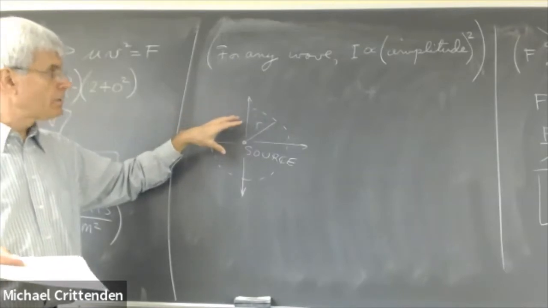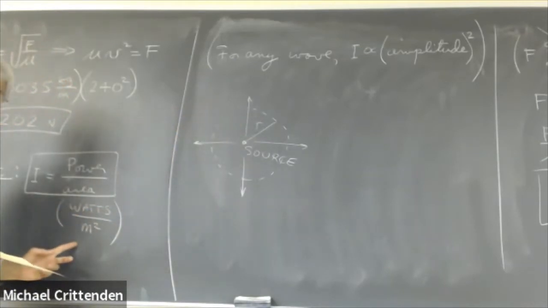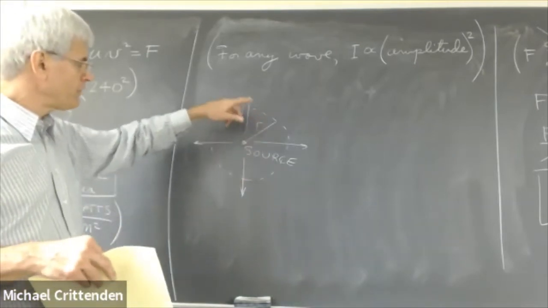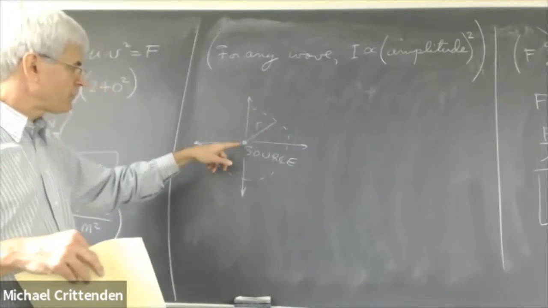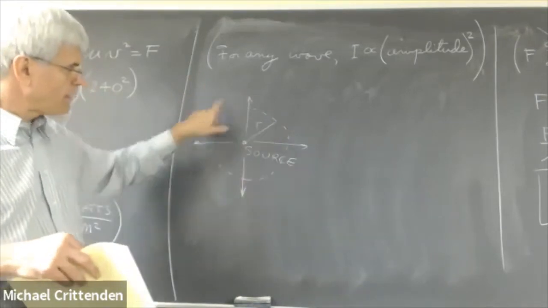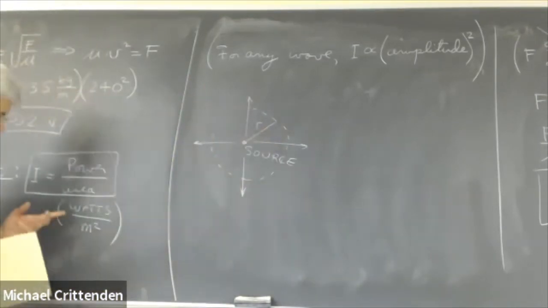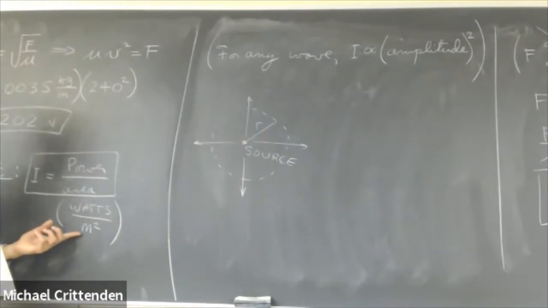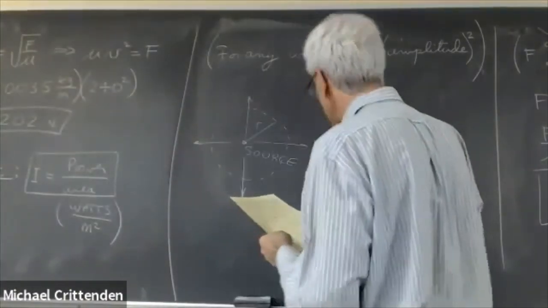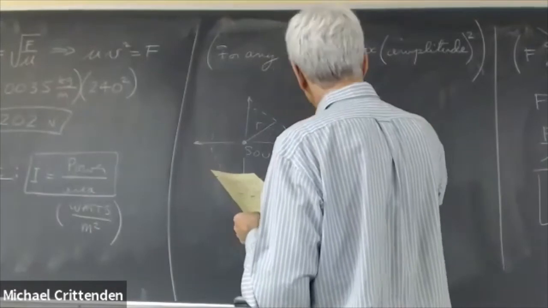If you want to know how many watts per square meter the wave has at that distance, the question is, how many square meters are there for the wave to pass through at that distance? Well, the collection of points that are at that distance from the source would be a sphere. So what's the number of square meters at a distance r? Take the wattage and divide it by that many square meters, and that would be the intensity that you have at that distance. So intensity is the power